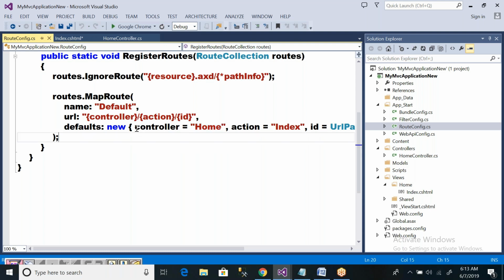Here you have an attribute called controller equal to home, which means the default controller name is home. So we don't require to change anything right now, because the name I gave is also home. Now if your controller name is EmpController.cs, immediately you have to say controller equal to emp. And the default action method, our action method is index.